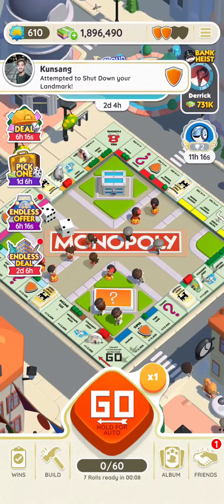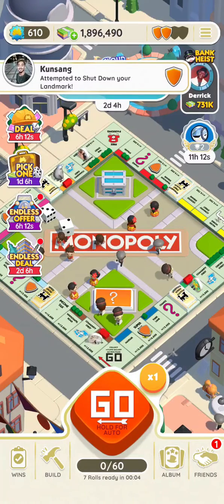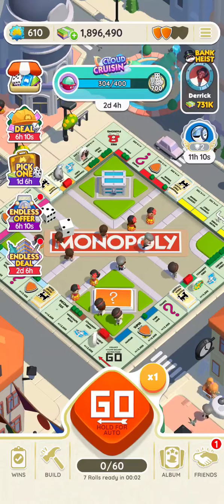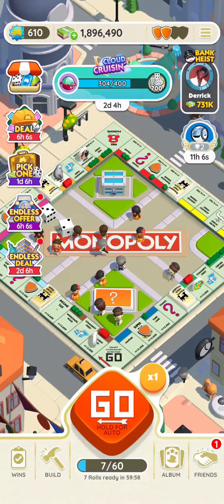In this video, I'm going to show you how to find your Monopoly Go username and your user ID in Monopoly Go. To do so, you first need to launch your game on your device, and once it's launched, just